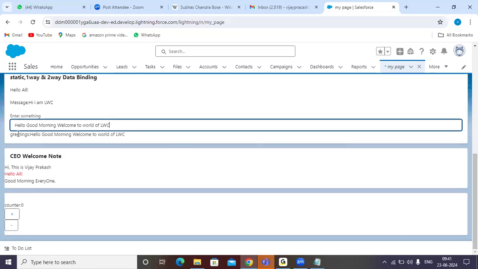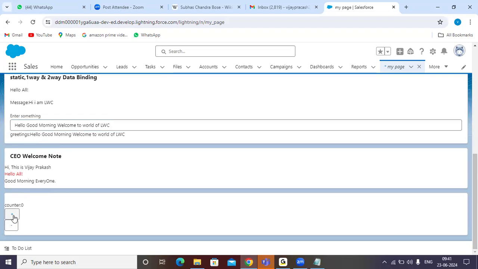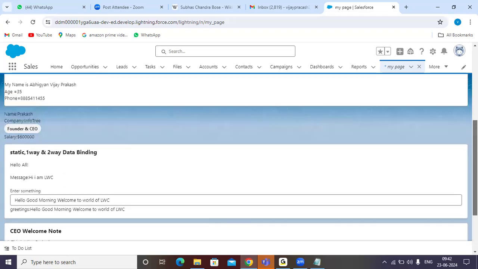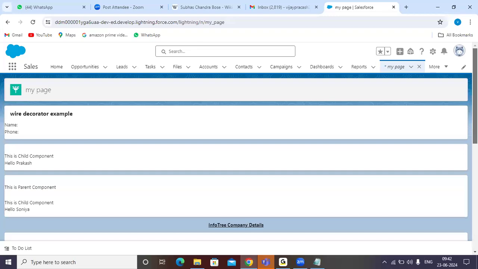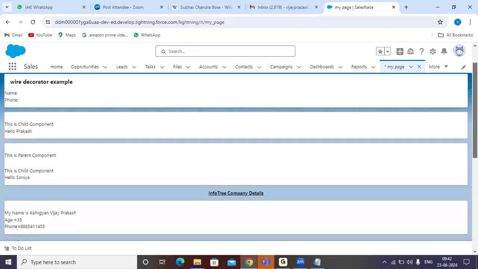Okay. So all this, everything, every box is a component here. Every box is a component. And these components you can reuse. That is, it can be called as modularity. This is one component. This is another component. See, this is the last component here. I can increase the count. I can decrease the count. Everything is a component here, guys. All of you understand?